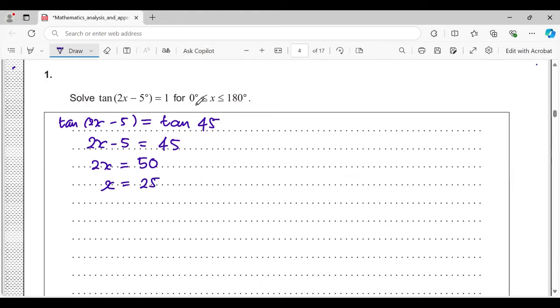And according to this requirement, the x interval is from 0 to 180. So this is 0 to 180. It means from the first quadrant to the second quadrant. If 25 here,